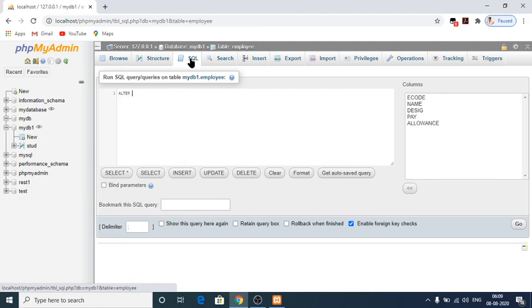Alter table employee. With that, I'm going to rename my E code as EMP code. Rename E code to EMP code.